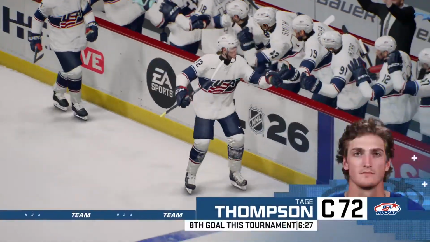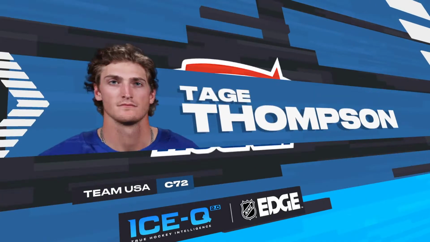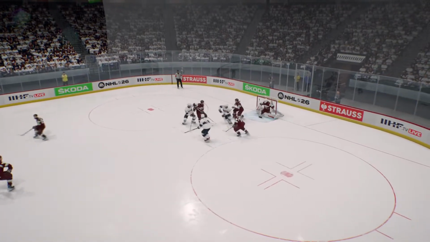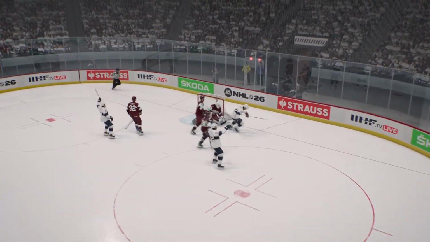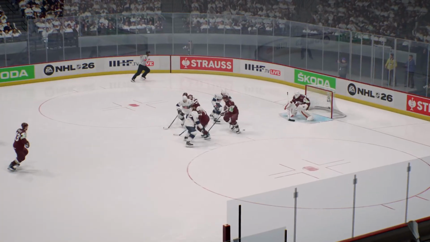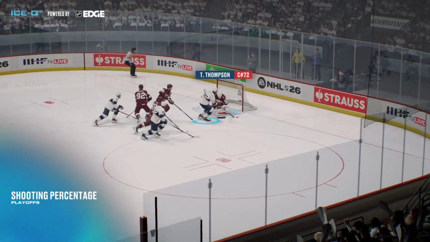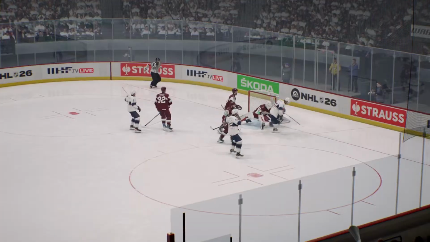Pinball wizard in the slot, and Thompson picks up the loose change and deposits it. So many bodies in the slot, just hacking, whacking in the middle, and Tage Thompson gets it as Godlewski's couldn't keep it out.